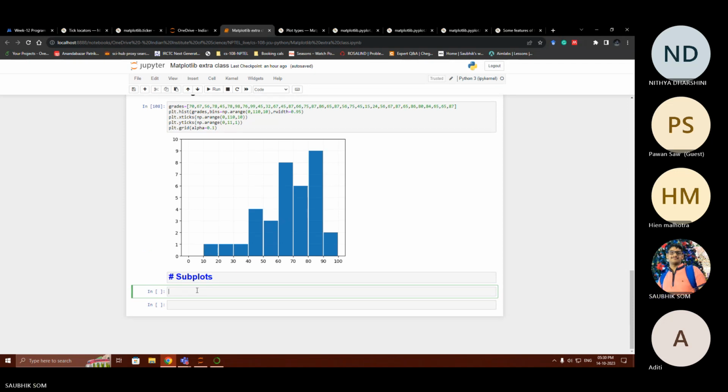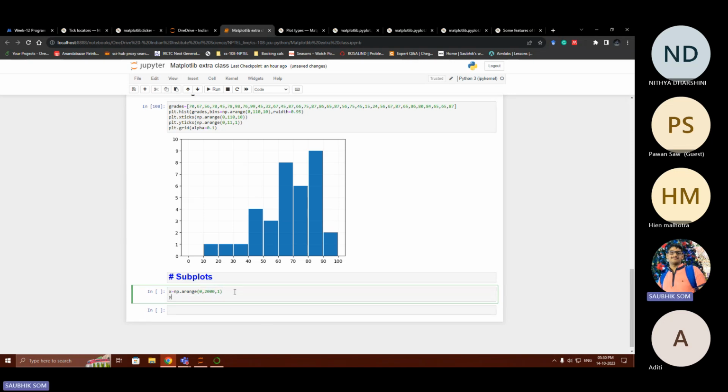So I'll go for x is equal to np dot arange, from 0 to maybe 2000 in 1. Okay, and what will be my y? So y1 will be x1 square, and my y2 will be,